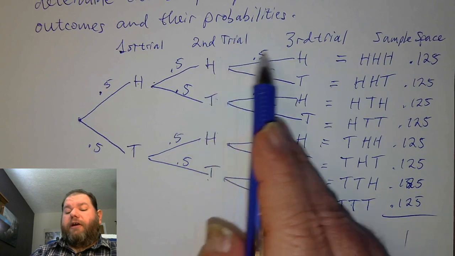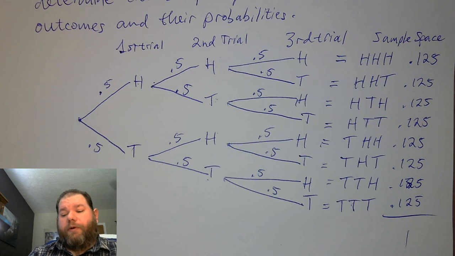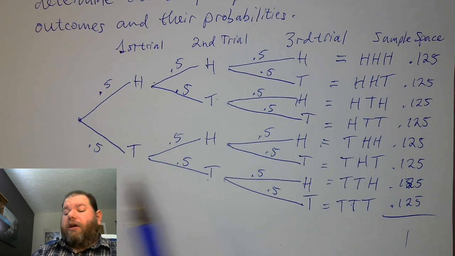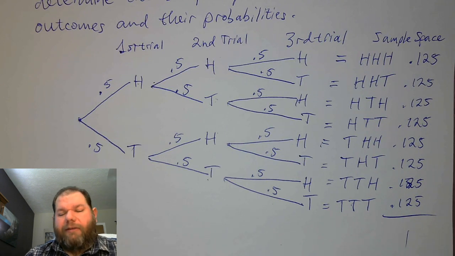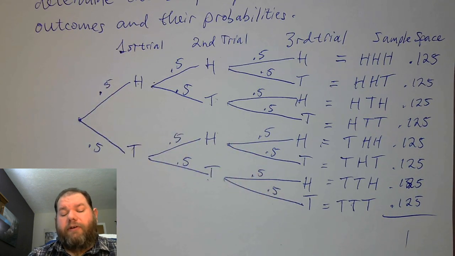For heads 3 times, it would be 0.25, 0.25, 0.25. We get a very different number. And tails 3 times would be 0.75, 0.75, 0.75. Again a very different number. And each combination in between would have the same thing taking place. So the tree diagram is useful in that it allows us to compare things that either have the same probability, or if they have different probabilities, we can still use it. The downside to the tree diagram is that it's very time consuming for something that even has just 2 outcomes like we do here.